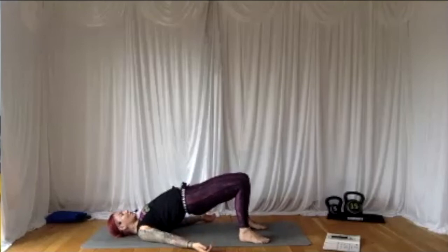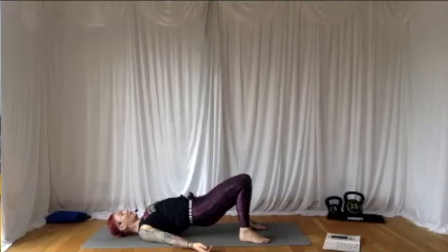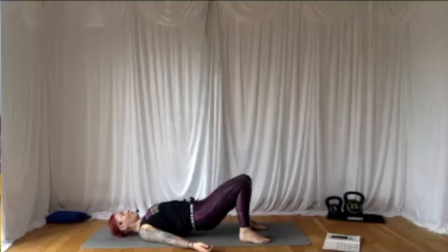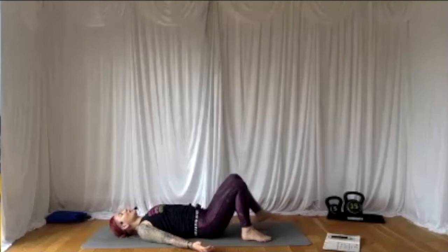And I'd like you to roll the vertebra down, back to the floor. Nice and controlled, don't just drop. Vertebra by vertebra with your pelvis going last. And just relax the shoulders onto the floor. You might like to release the lower back, so you've got the shoulder blades flat on the floor instead of the pointy bits. And then just relax one leg, then the other leg down onto the floor